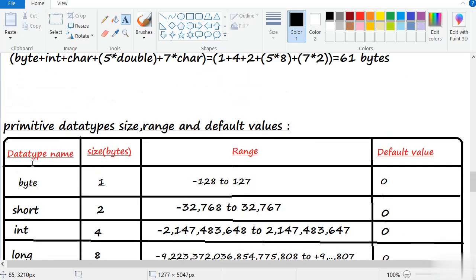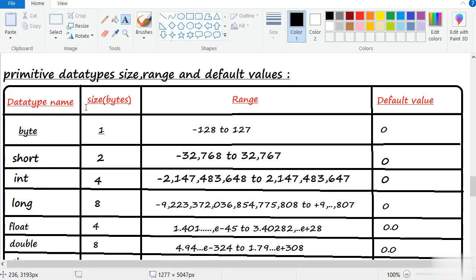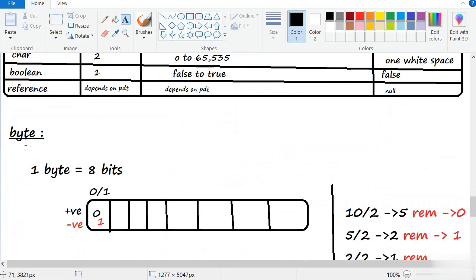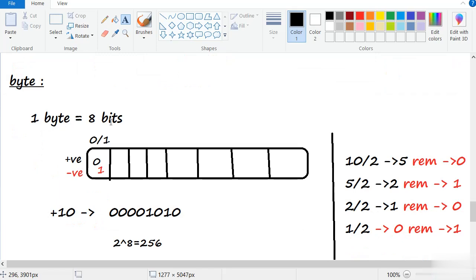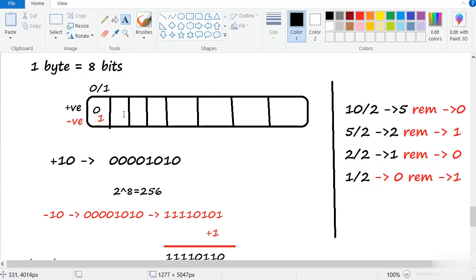So our first data type name is byte. Our byte size is 1 byte. Its range is minus 128 to 127 and its default value is 0. So how will you get the range of your data type? We have discussed 1 byte is equal to 8 bits. These 8 bits will be considered as 8 memories. If your binary number is allocated to all 8 bits of memory,